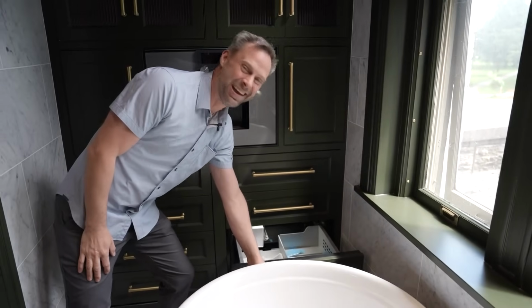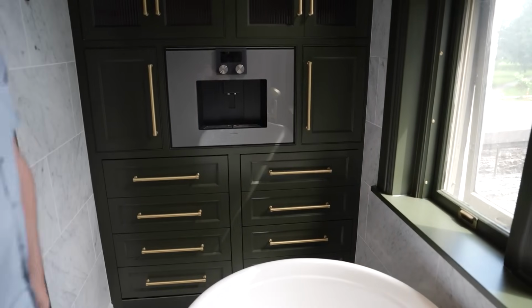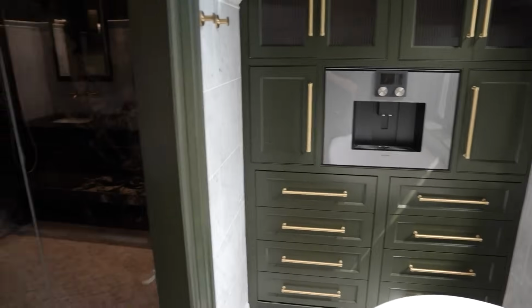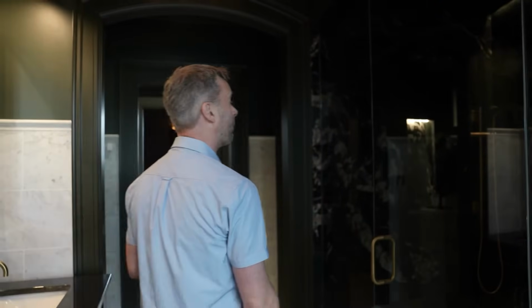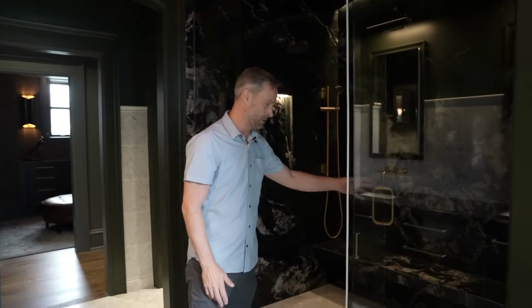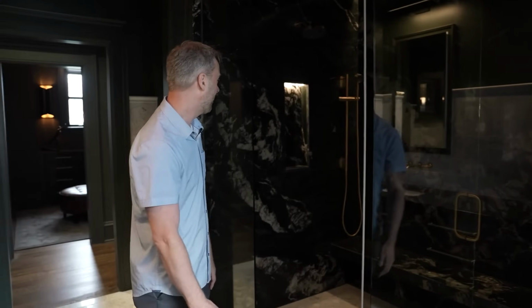So we have a freezer here as well. So the primary suite is definitely decked out with everything that you would need, whether you're getting up in the morning for a fresh cup of coffee, or if you want to tuck into bed with a gallon of Ben & Jerry's. So the other really amazing feature is this huge, I call it the car wash size shower that